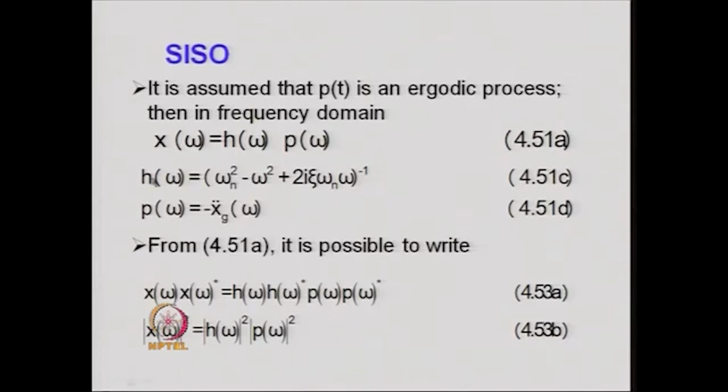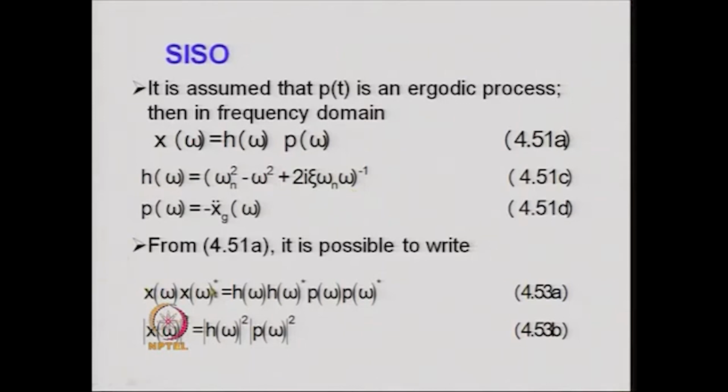The definition of h(omega) becomes equal to omega n square minus omega square plus twice i xi omega n omega, because k by m would become equal to omega n square and c by m will turn out to be this. So, this becomes